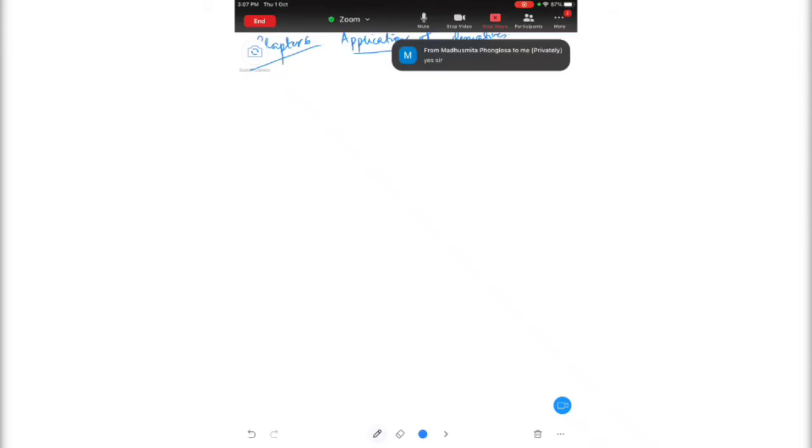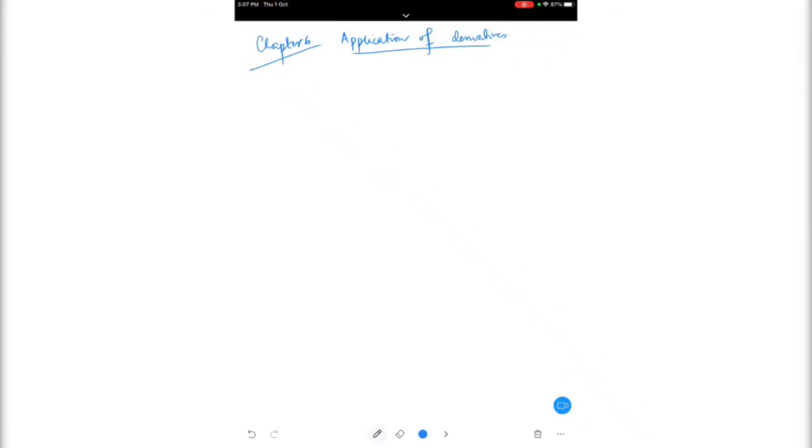So all the differentiation which we have learned, that is dy/dx, then dy/dθ, all of them, why are we doing that? What is the meaning of that thing? So dy/dt means the change in y with respect to change in t, or I can say the change in y with respect to change in x.